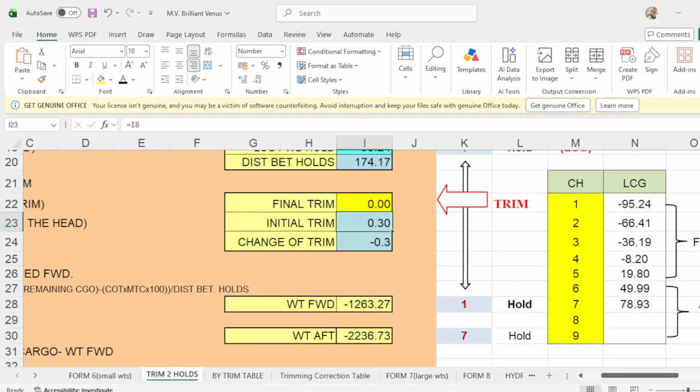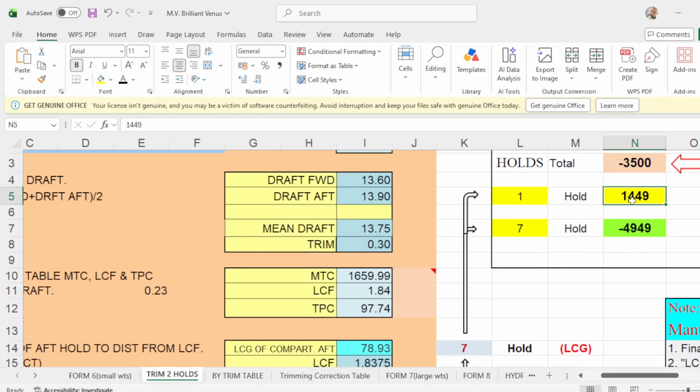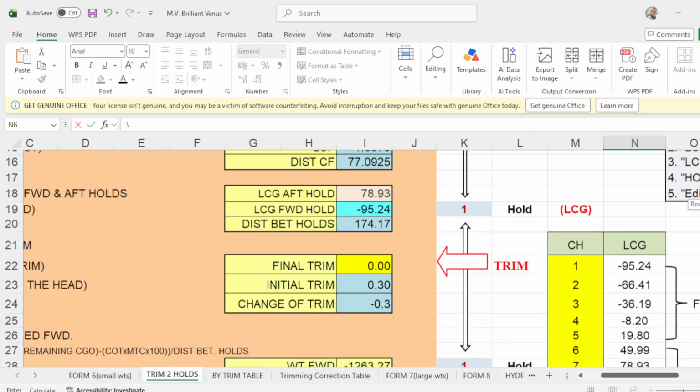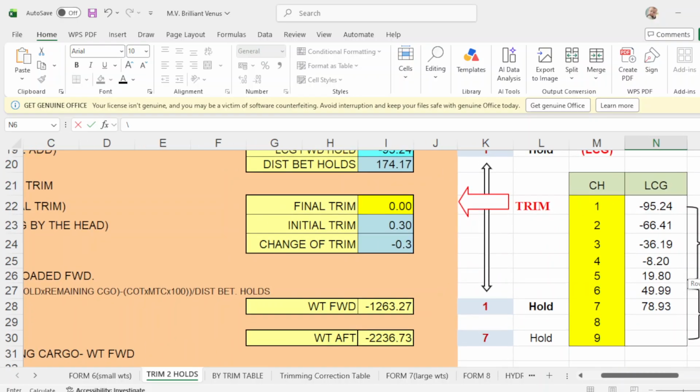So put this negative 1,263. That is what you're going to discharge in hole number 1, and number 7 the discharge is 2,236.